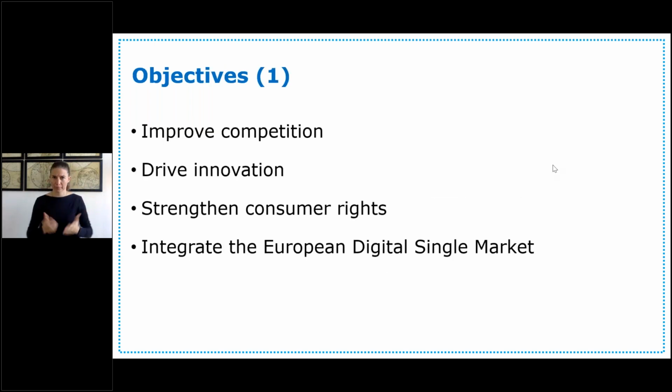Thank you very much, Mher. The objectives of the code are to improve the competition among the different electronic communication services, the different telecom companies that you can hire for your own use, to drive innovation. As Mher mentioned, high connectivity, 5G, for example, is always in the news lately, to strengthen consumer rights, and I will dive into this point in a moment,